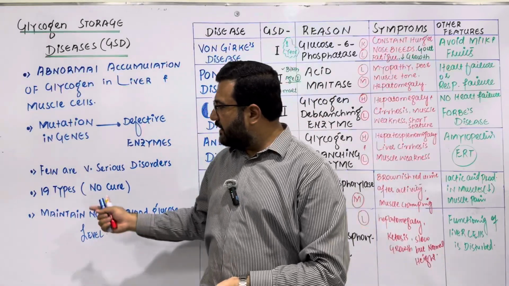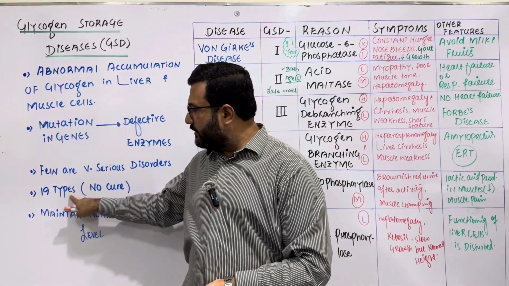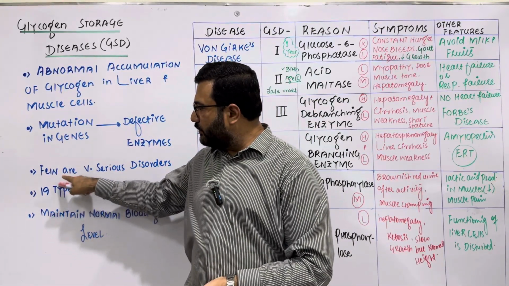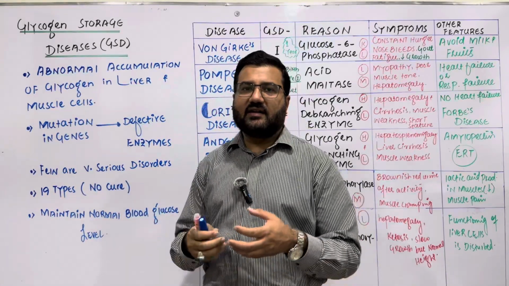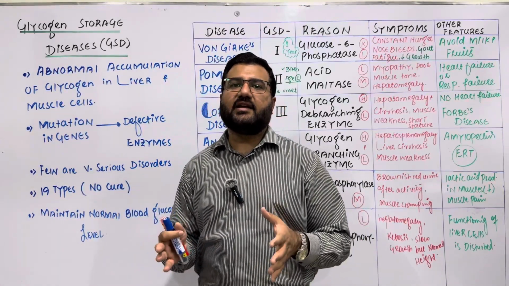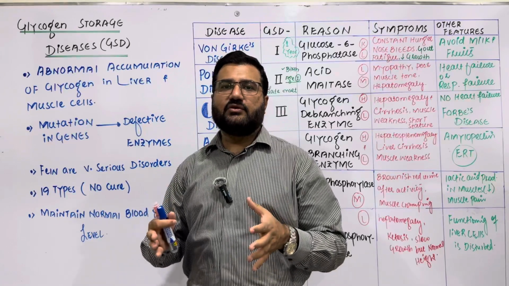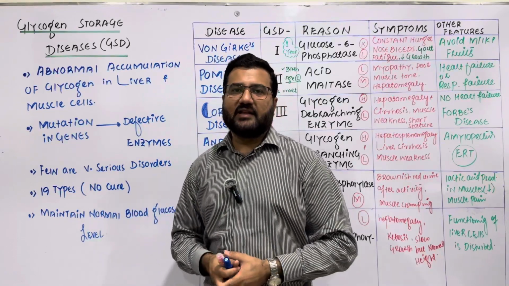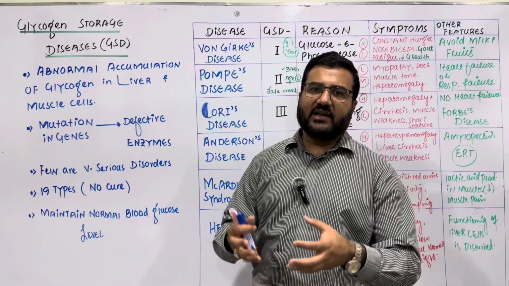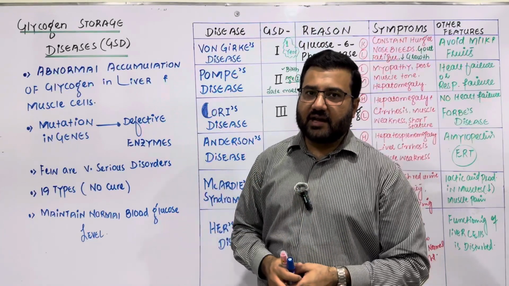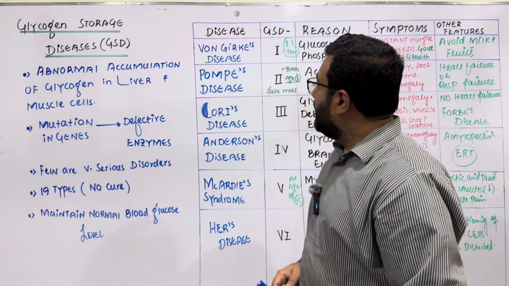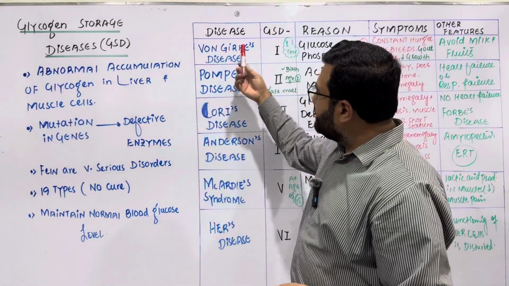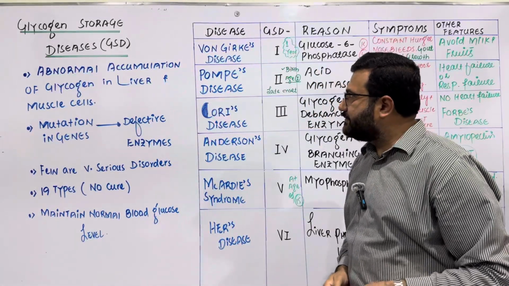disorders. There are currently 19 types of glycogen storage diseases, and a few are very serious disorders, and currently there is no cure for any glycogen storage disease. The only solution for the patient is to maintain the normal blood glucose level by taking a diet which is rich in carbohydrates. My dear students, out of 19 types, these are the 6 most important types of the glycogen